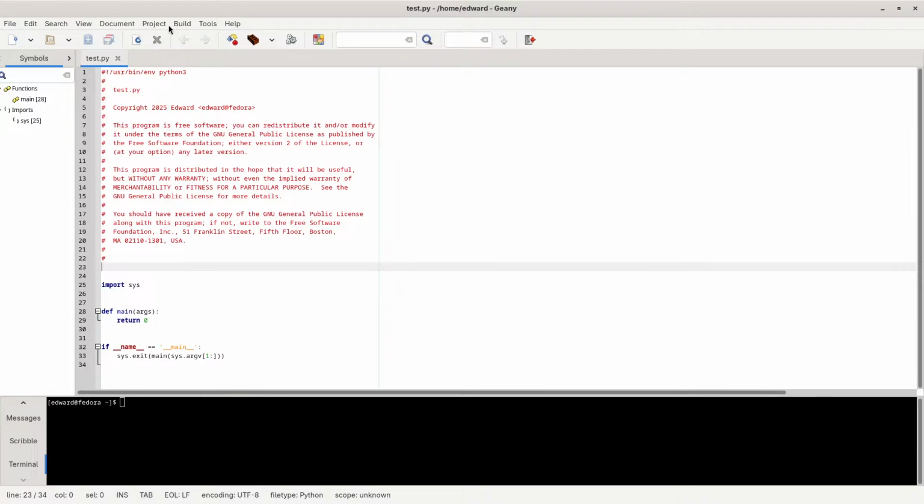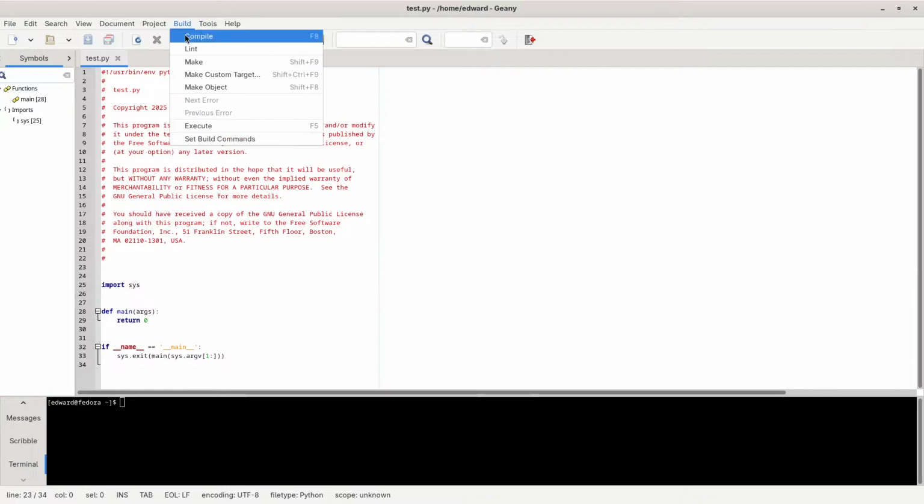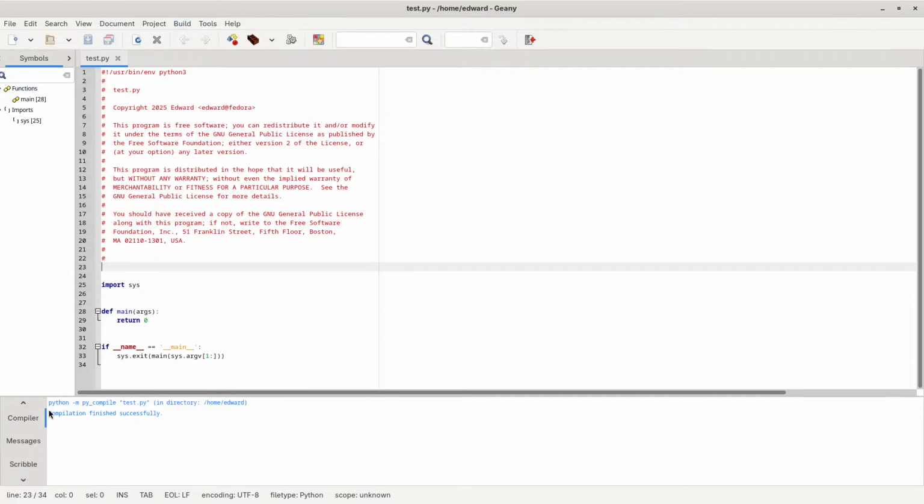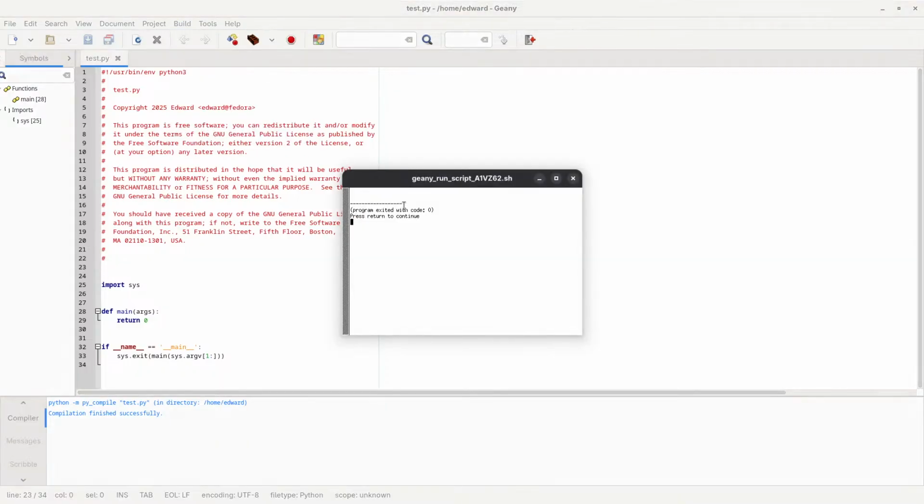So there's also shortcut icons here. For example, you see this one, it's compile, and this is to build, and this is to run. So you can either go here to build, compile, and you see it ran that command in the directory. So it compiled successfully. Then you just go to build and click on execute, and you see it run in that xterm up here. Obviously that did absolutely nothing because it's expecting some input,